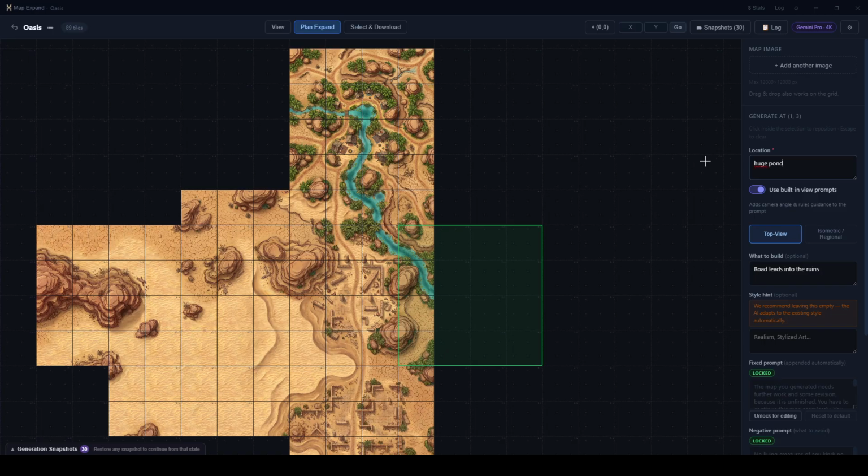Huge pond, or not huge, but river, sandy beach, okay, sandy beach, rocky beach, desert beach, desert, and sandy beach, okay. And I'm writing here: river is going into the